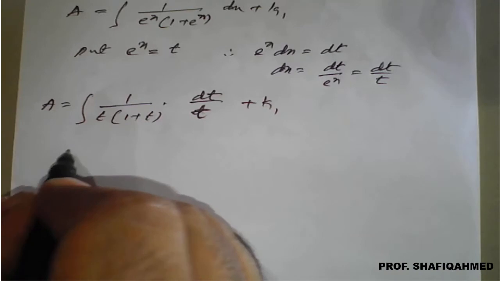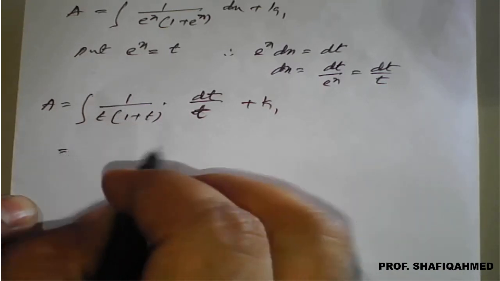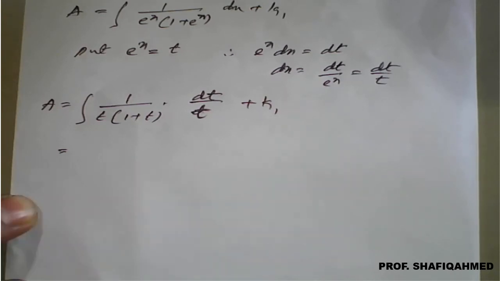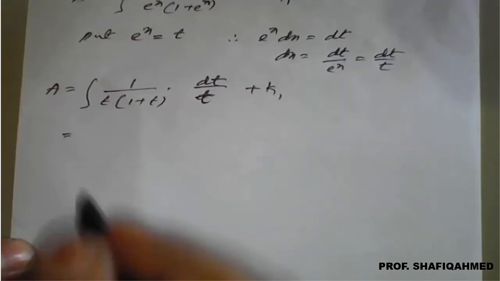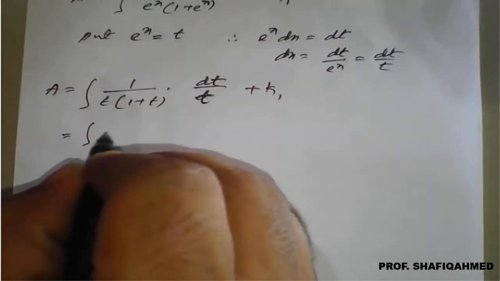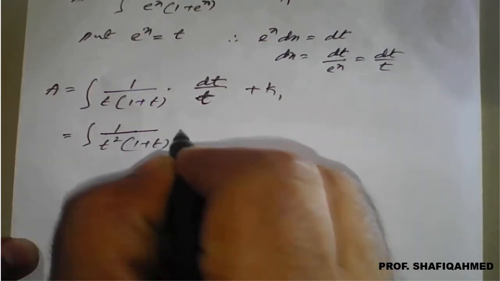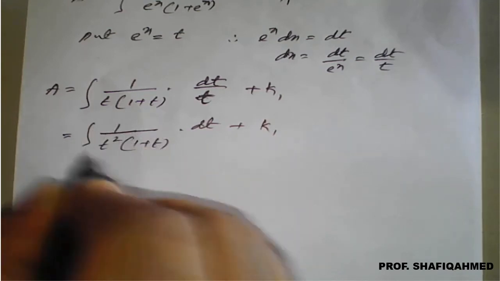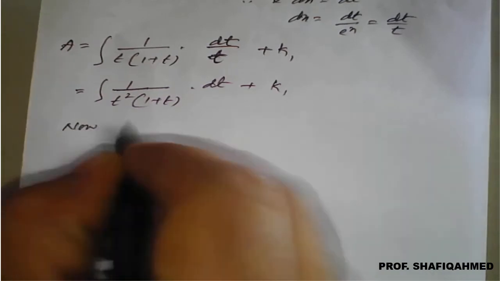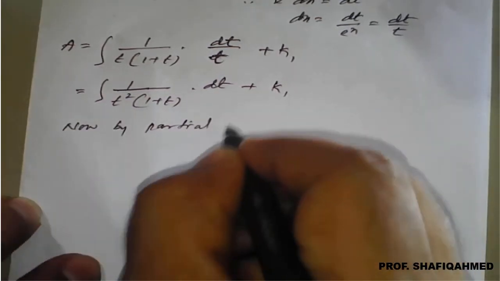So this again, I can write this one as integration of 1 upon t will become 1 upon t square into 1 plus t into dt plus k1. So this again we need to simplify by using partial fraction. So now by partial fraction,